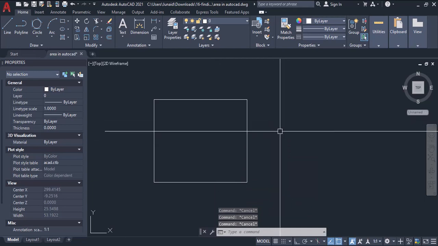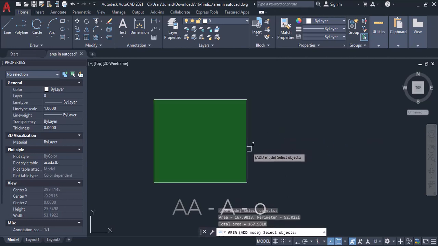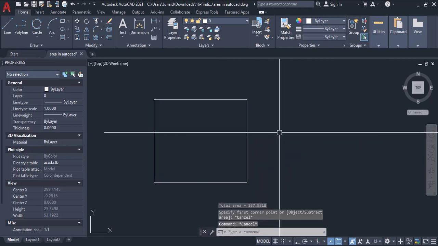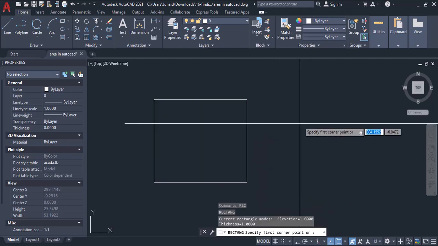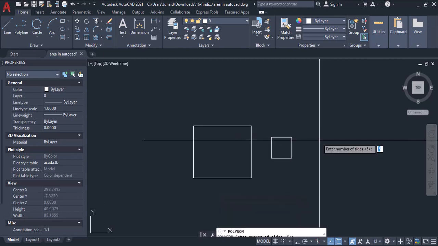And the third way is we have the AA enter command. Just enter AA and then again A and then again O and then select the object. After the selection, the object will be marked as green, and then you give the space and you have the area. You can also have the multiple polygons, multiple objects,